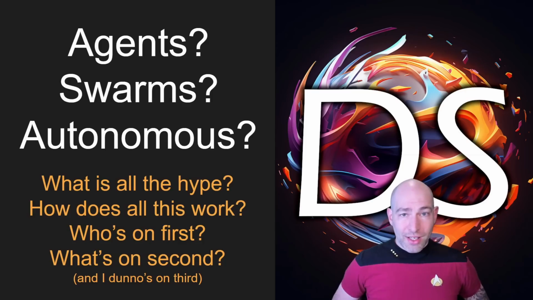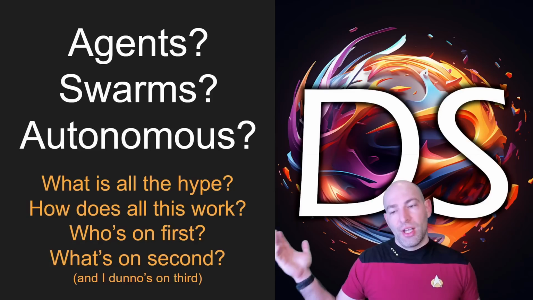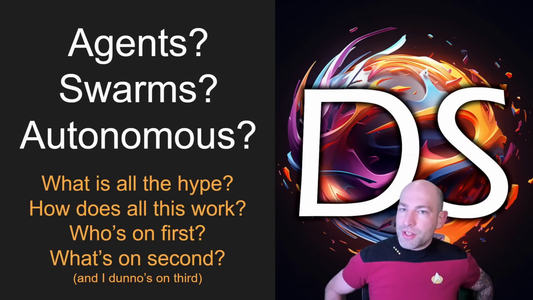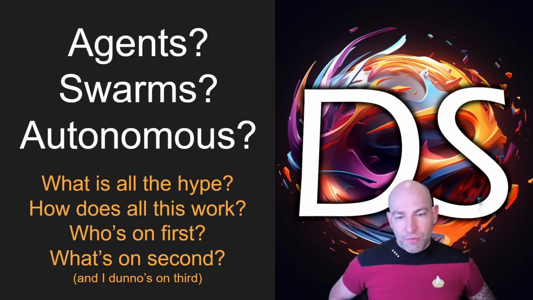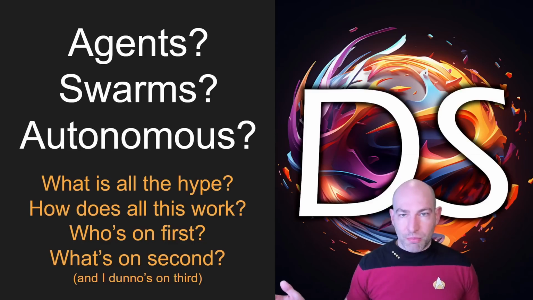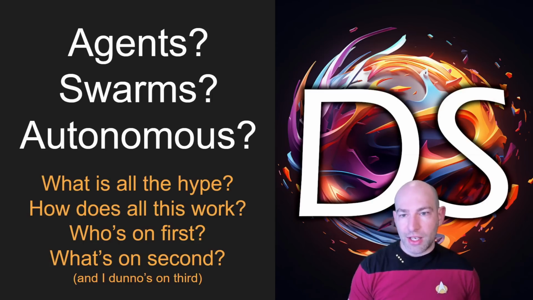Cool. What is an AI agent and what is an agent swarm and what makes it autonomous? There's been a lot of hype over the last week, driven in part by myself, but not just me. For a little bit of background, OpenAI released their Assistants API, which a lot of people are just calling agent because it's easier to say. It's 2 syllables instead of 3. And so now all the hype is around how do we create AI agents.